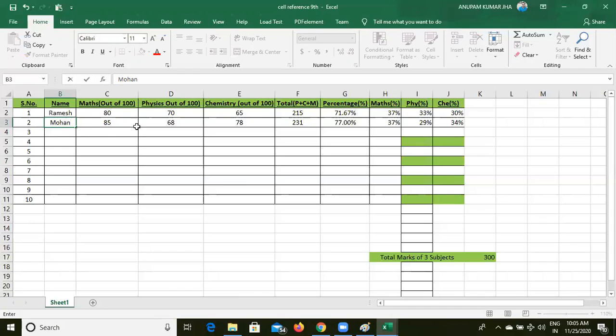See, I have created a serial number. These are the serial numbers, these are names, and these are maths marks out of 100, here physics and chemistry out of 100, here I have taken the total, and here I found the percentage. Okay, see what formula I have written here. I have written sum C2 to E2. C2 means this cell address, to E2 means this cell address. Okay, sum C2, this one, to